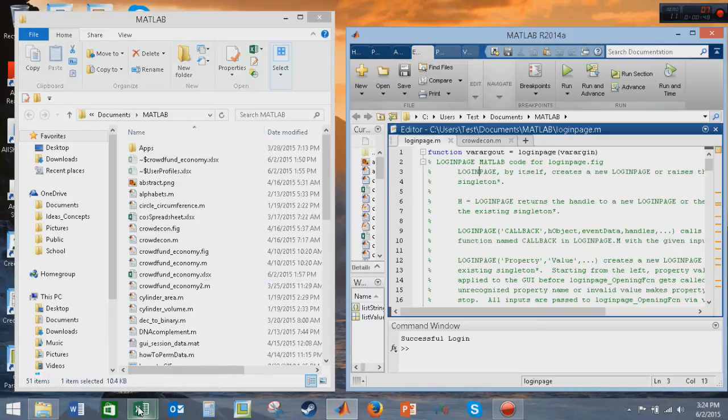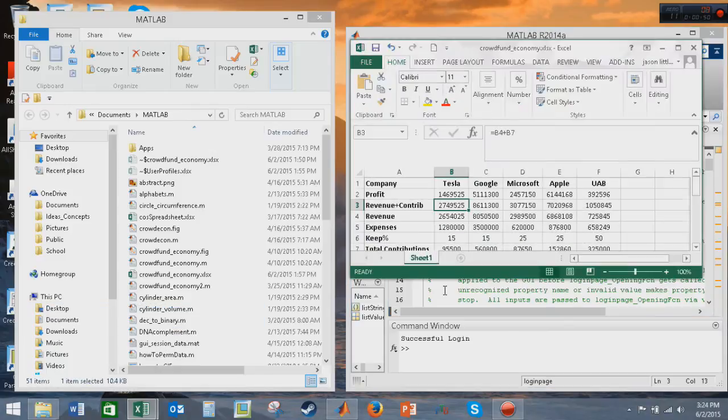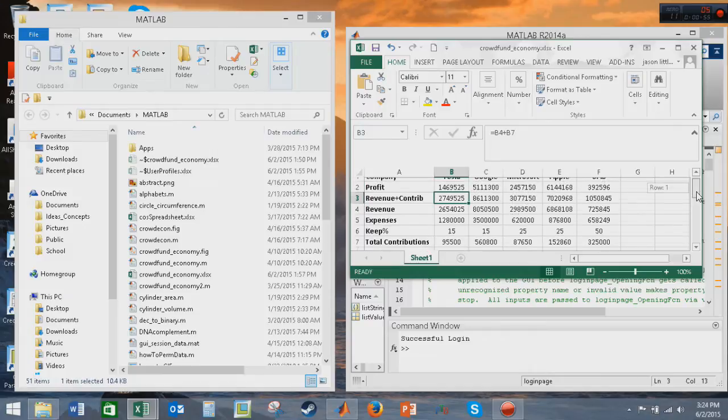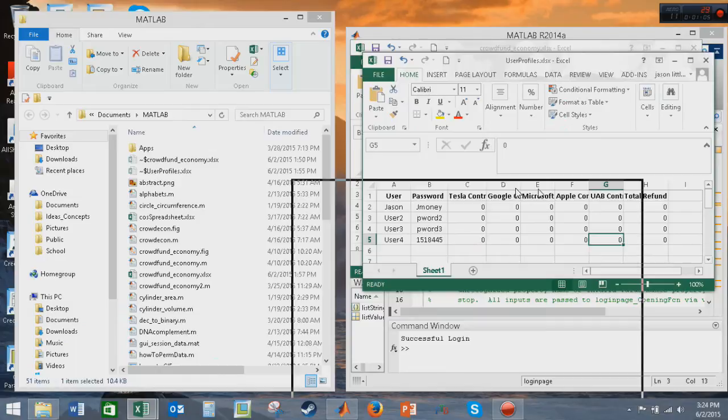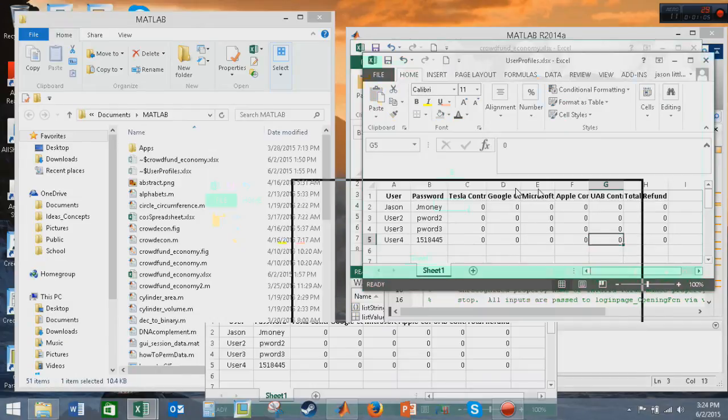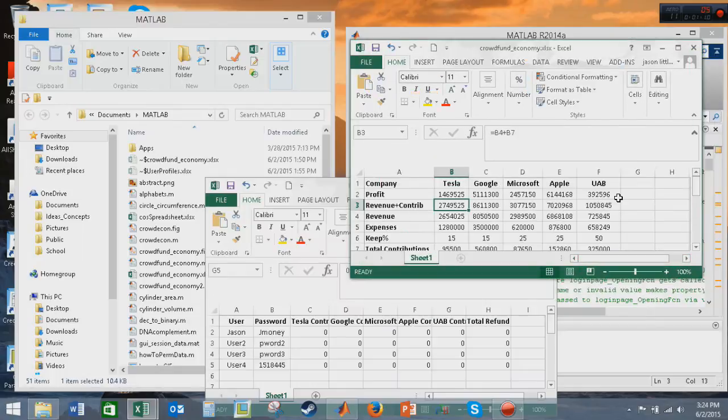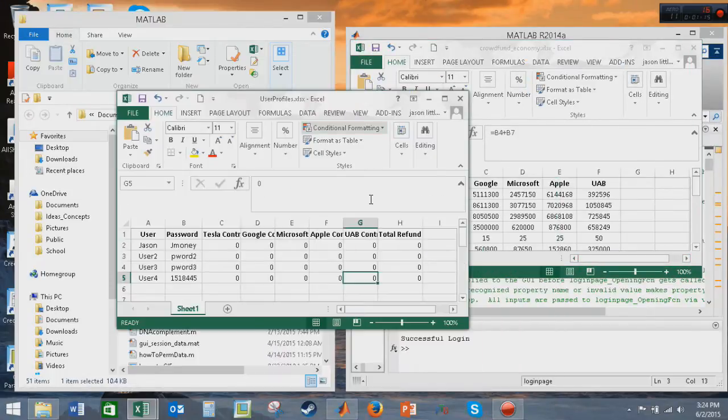Now, none of these numbers are actual numbers. They're all just made up numbers. But the information is kept in these Excel spreadsheets. I have all the companies' information in this one. Got Tesla, Google, Microsoft, Apple, and then UAB, which is the school. And this is the user profile